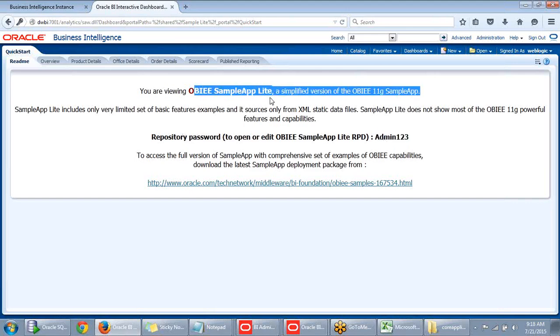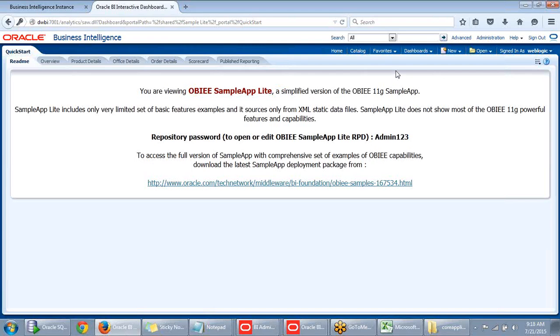This can be used whenever you feel that your entire tool got corrupted, or you may be getting some doubts, like if something is not functioning as per its working condition. Then we can check that by deploying this particular OBA sample applied RPD through Enterprise Manager, and we can check whether our entire setup is working correctly or not. Okay,